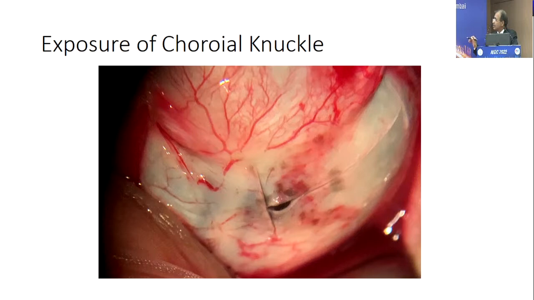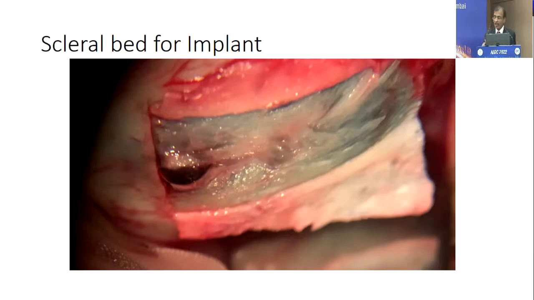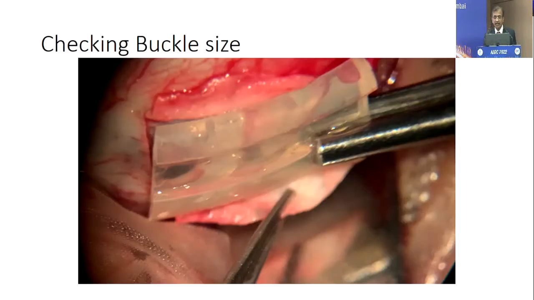As you can see here, the knife was slightly sharper, or you went a little deeper, or the sclera may be a little thin, and you may have a popping up of the choroid there. But you can still go ahead. We managed to make a bed there, and once the bed is made, you take a scleral band which would